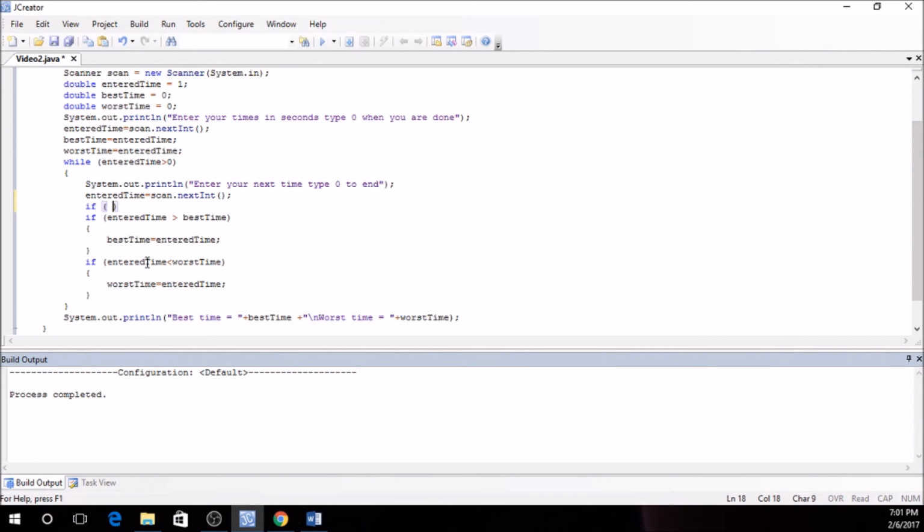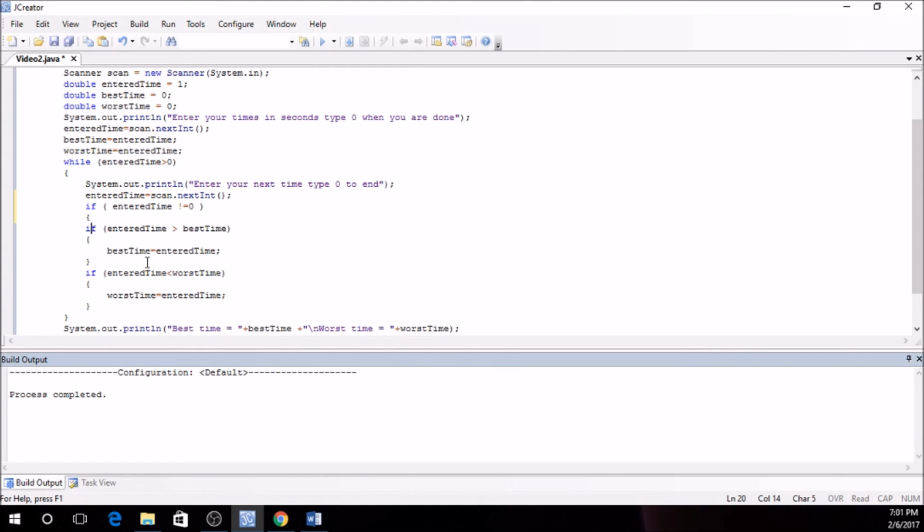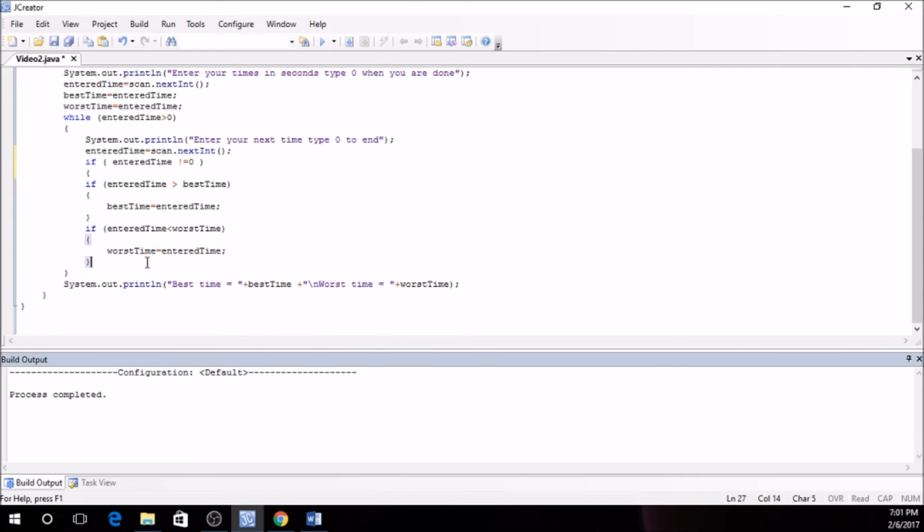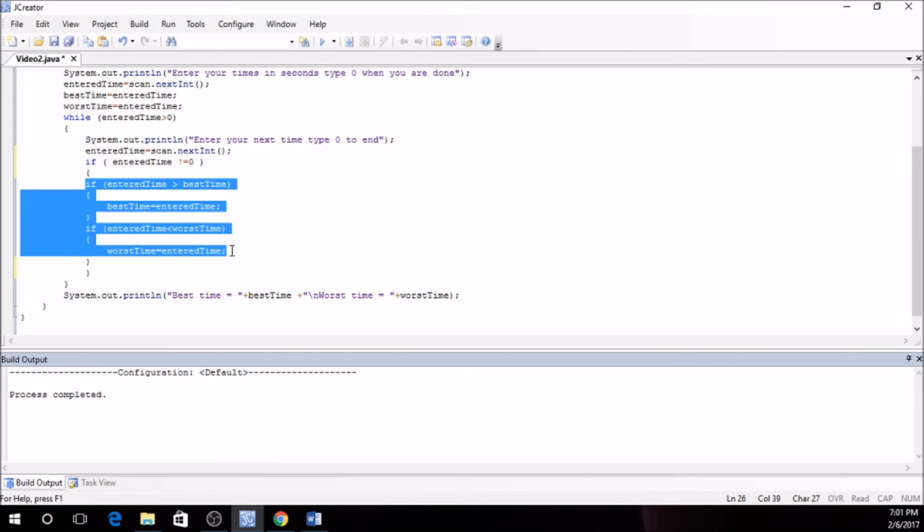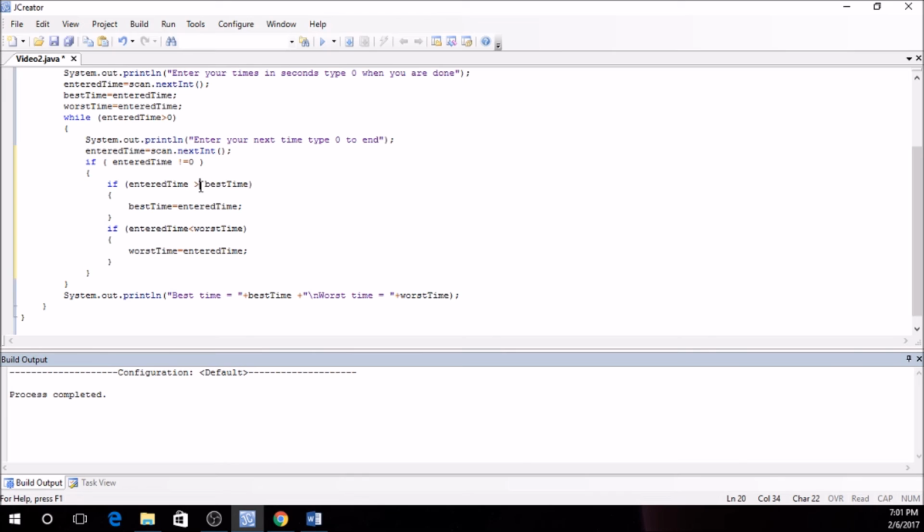So we're going to say if entered time does not equal 0. So this will prevent our worst time from changing to 0, or our best time from changing from 0, after I fix the program. So if it's not 0, then it's going to run. And we also need to flip these signs, because your best time is going to be the lowest one, and your worst time is going to be the highest one. So if we rerun this,